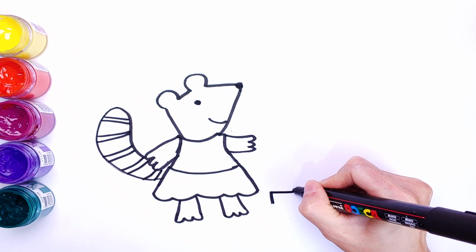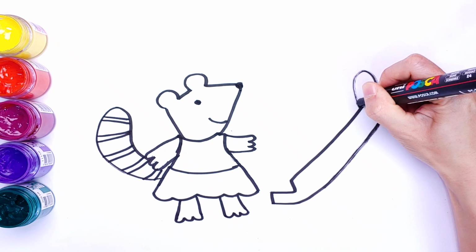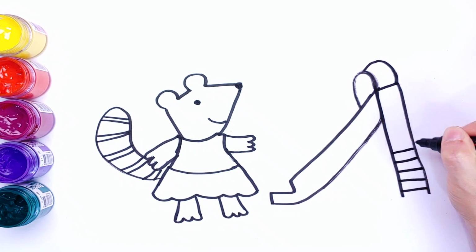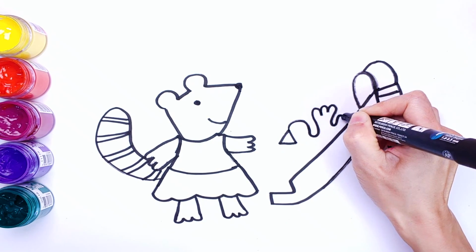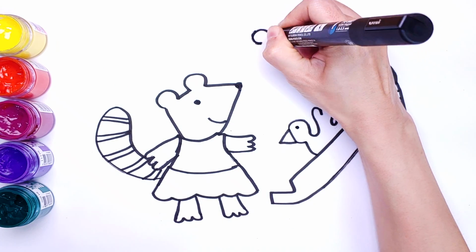And let's draw the slide. Slides, stairs, and one baby duck, one butterfly,